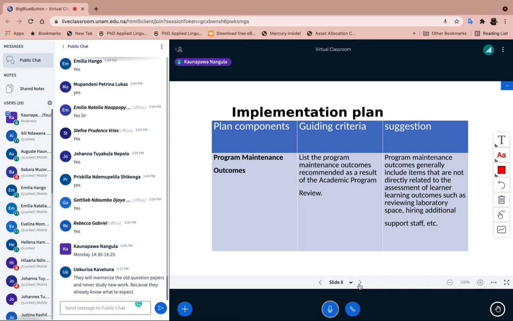They suggest that you list the program maintenance outcome recommended as a result of the academic review. So maintenance outcome. So these are all, okay, as suggested here. Program maintenance outcomes generally include items that are not directly related to the assessment of the learner's learning objectives, but rather